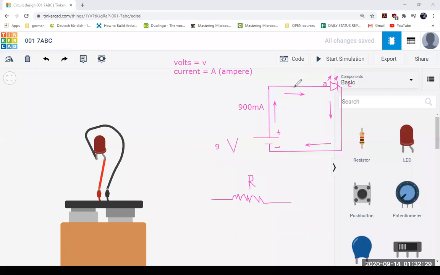If I want to reduce the flow of current in this circuit, what I will have to do is connect a resistor. So I'm connecting the resistor like this. So what will happen? The amount of current will be less. If 900 is going through here, how much will I be getting here? According to the value of the resistor, I should get maximum 20 milliampere.